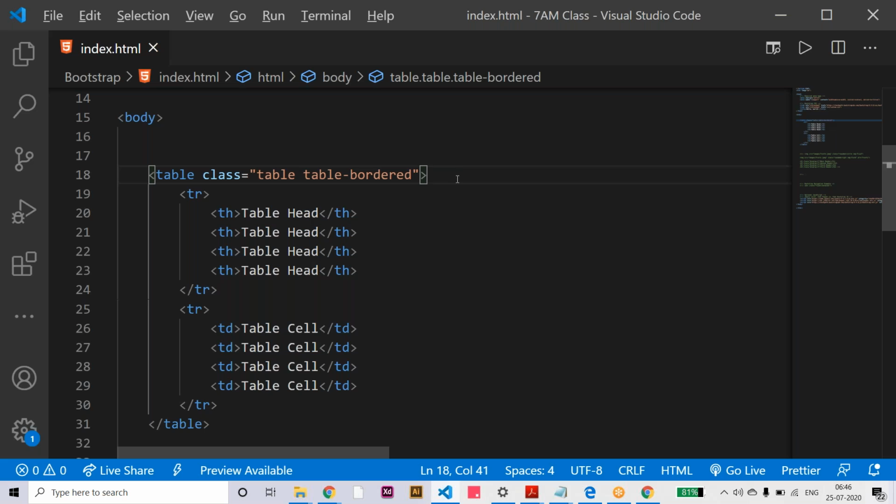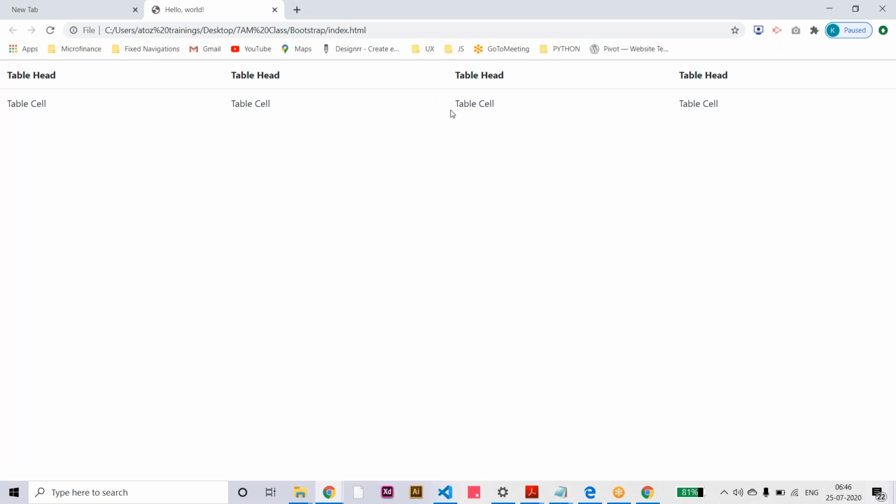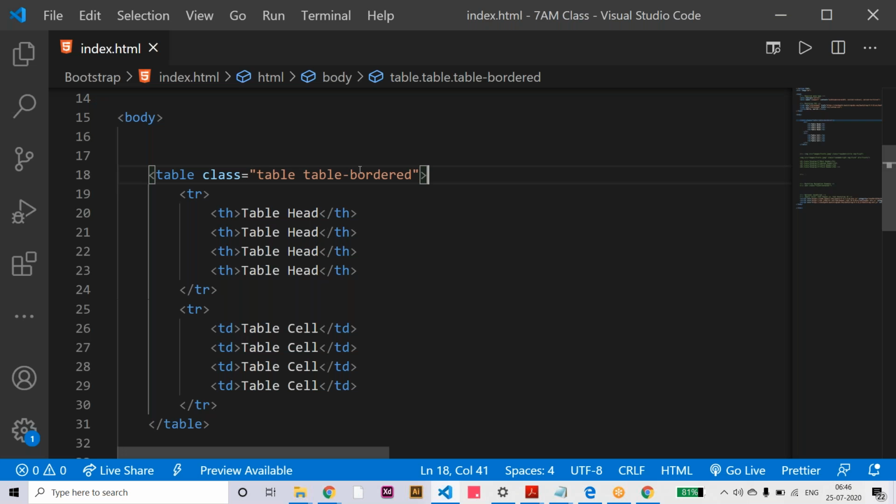Without it there is no border, just one horizontal line between the table head and table body. When you apply the table border class, you can see each row has cells like columns, and it applies the four side borders: top, right, bottom, left. So like this we can apply the table border class.